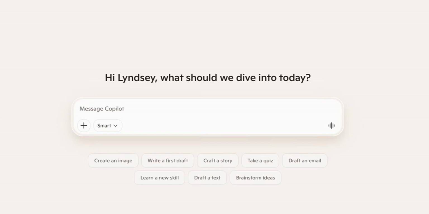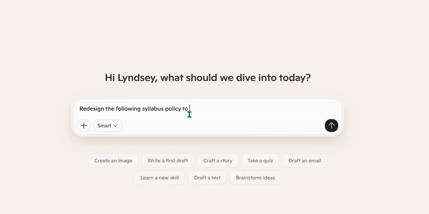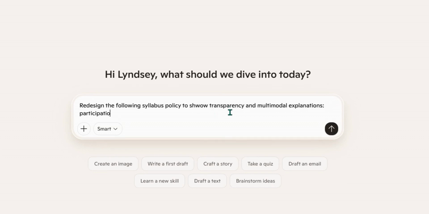So we are going to first enter our prompt, which is redesign the following syllabus policy to show transparency and multi-modal explanations. Oops. And the policy is going to be participation is required. Okay, and what you're going to do next is you are going to hit submit or enter or submit message,